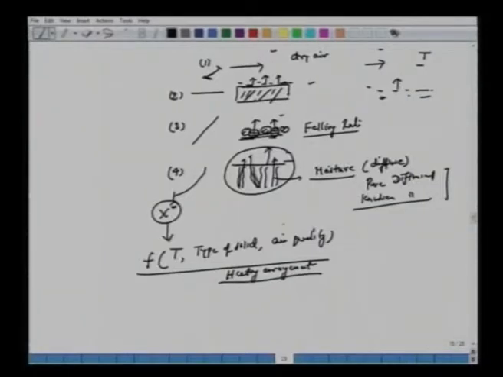So the more important here is of course the third curve which we obtain, which is the characteristics of the solid. But more important is that we must be very careful that what we do in the batch, in the lab, must also replicate, or be as close as possible to, the operating or drying condition on a larger scale. So we would like to re-emphasize that there are three characteristics curves. Traditionally, when you say characteristics curve, one represents this rate, N versus X. That's very important. But we must also understand that we have one more curve when we talked of bound